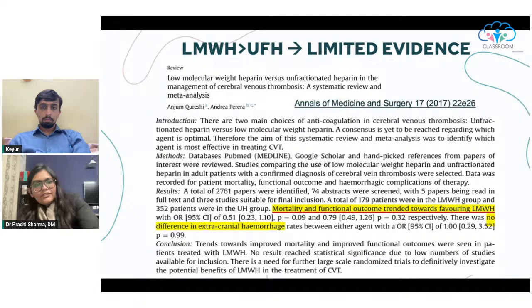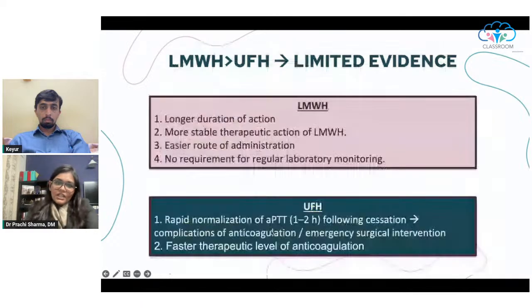So the evidence in favor of low molecular weight heparin over unfractionated heparin is actually pretty limited. There is a single meta-analysis which shows a non-significant trend of improvement in mortality and functional outcome favoring low molecular weight heparin over unfractionated heparin with no difference in extracranial hemorrhage. Why it goes in favor of low molecular weight heparin is probably because LMWH have not only a longer duration of action, but a more stable therapeutic action compared to unfractionated heparin, because unfractionated heparin has a non-linear dose response effect, and therefore there is an increased risk of underdosing and overdosing. Besides that, for LMWH there is the ease of administration, and you don't require regular lab monitoring,